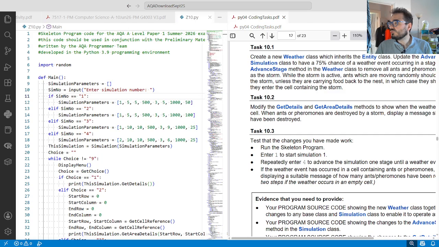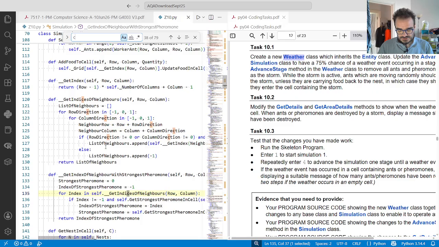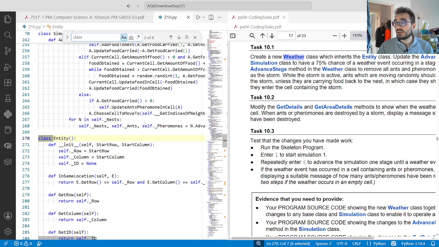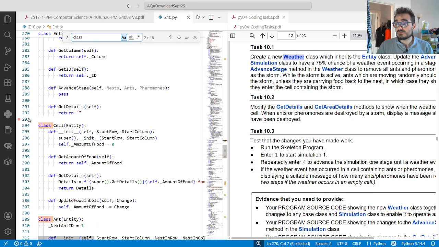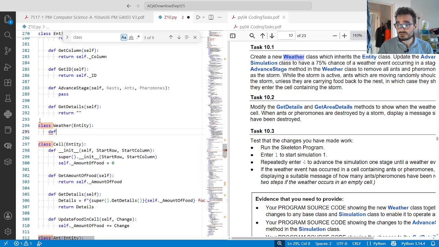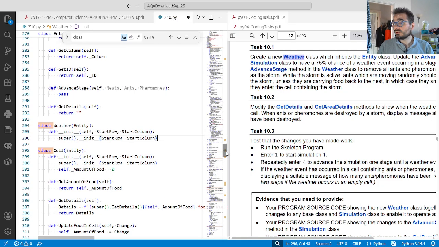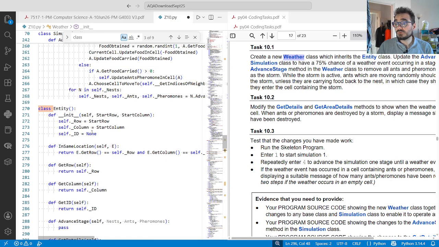In here, we want a new weather class, not storm, fair enough. So let's inherit Entity. Let's go and look for Entity. We're here. We're going to put it right underneath: class Weather inherits Entity. Now, what do we want to inherit from this? Definitely the constructor, because we really don't need more than the supers, except what we want to keep track of